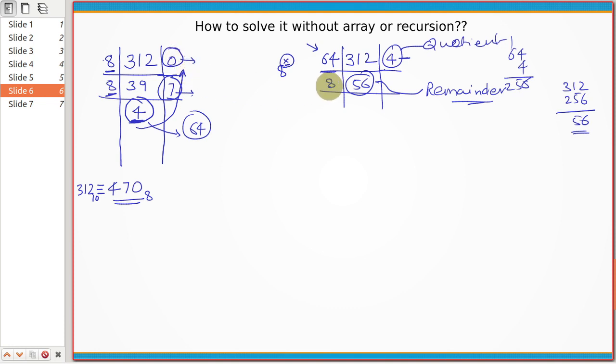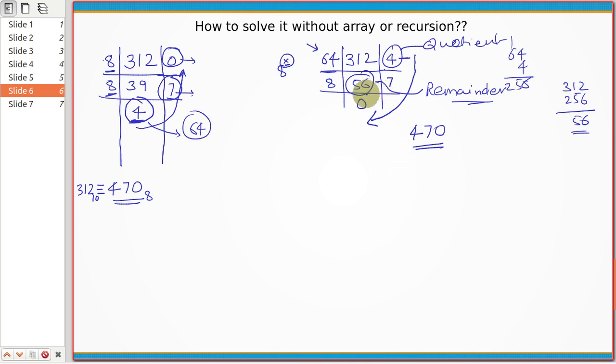So now let's see, after 56, if we divide it by 8, what will we get? 8 sevens are 56. So basically I should not write 7 here, right? I should write the remainder here and the quotient there. So 8 sevens are 56 and the remainder is 0. Now if you write it in this way, you will get 470,